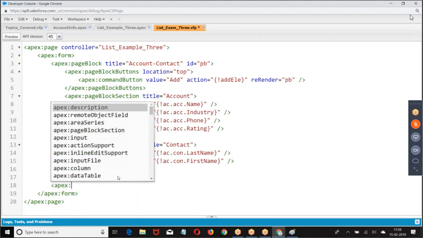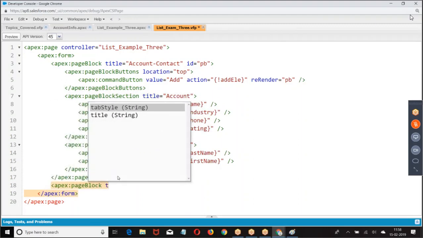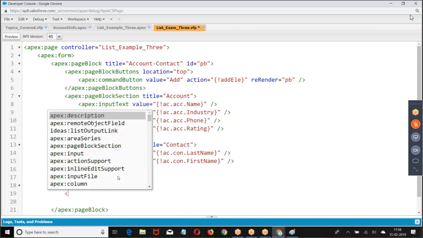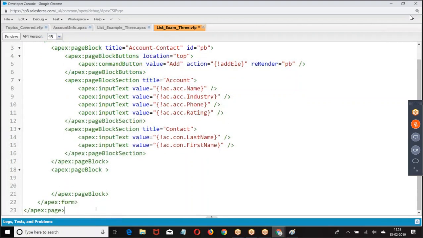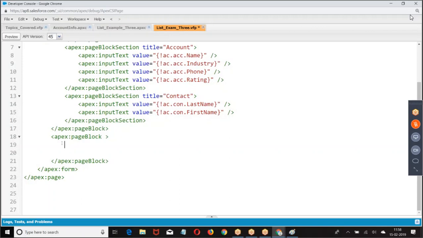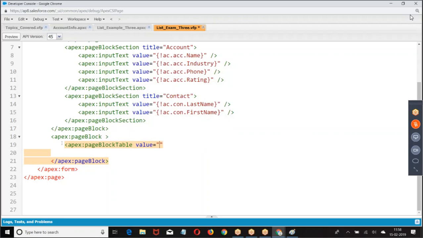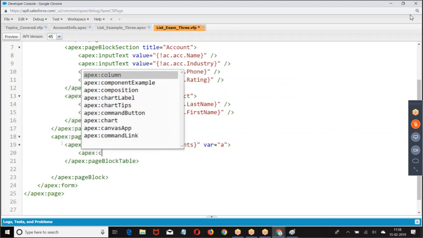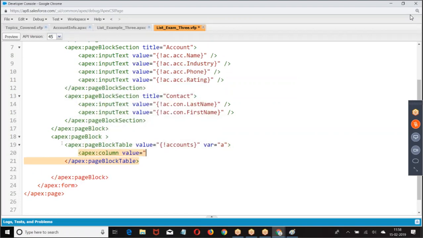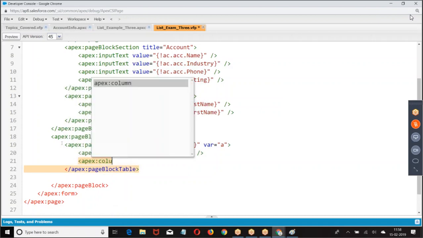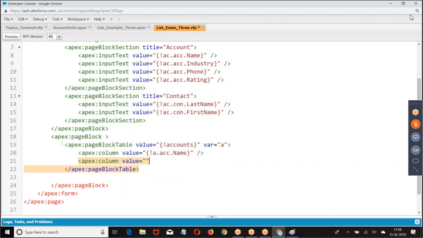Then I'm trying to add Apex page block table. Apex page block table value equal to, of course, column value equal to, in the A we have ACC, in the ACC we have value equal to.